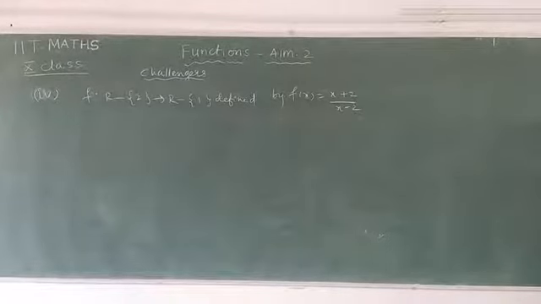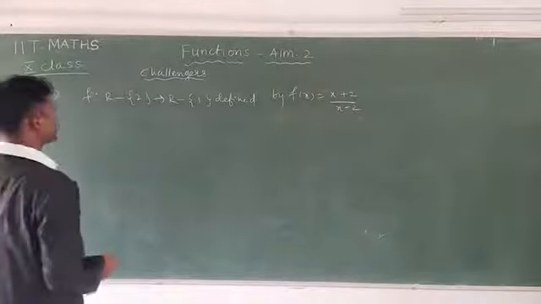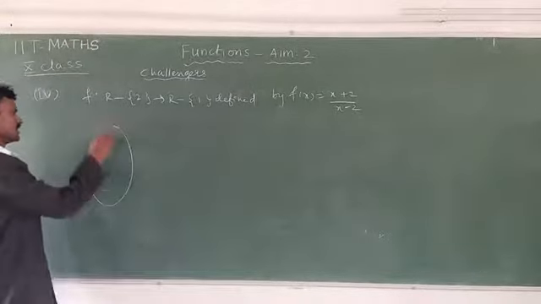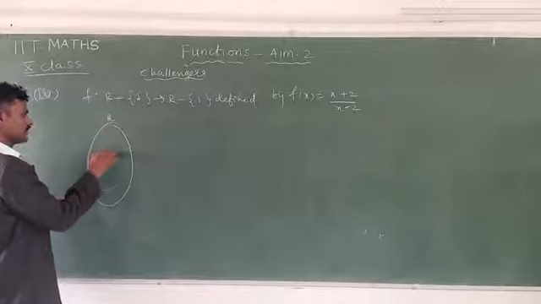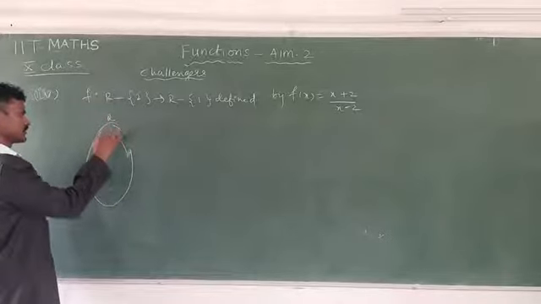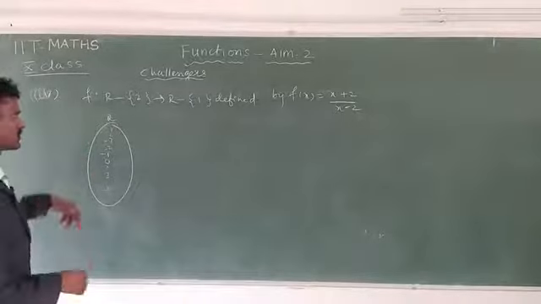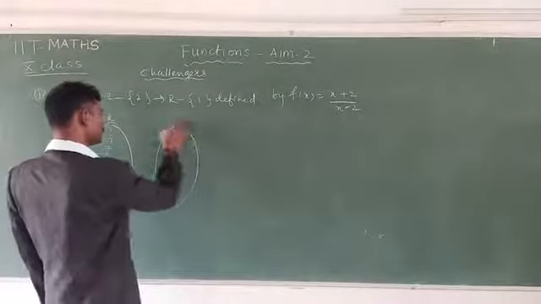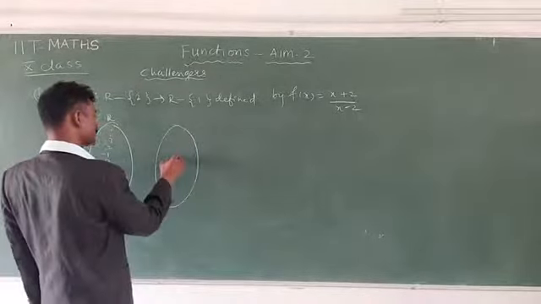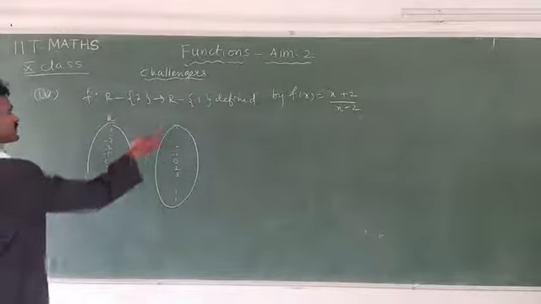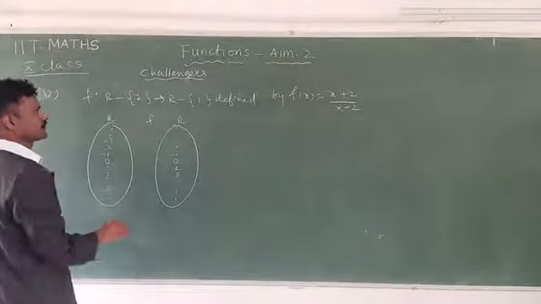Okay, now fourth one, f is mapping from R minus set of 2 to R minus set of 1. Here this is R. In this R, minus 1, minus 2, minus 3 up to so on is there. Here 0, 1, 2 is not there. Except 2 remaining all numbers are there. Then in codomain also 0, minus 1, minus 2, minus 3 up to so on. Here 1 is not there. 2, 3 up to so on. Given. Then the function is f.